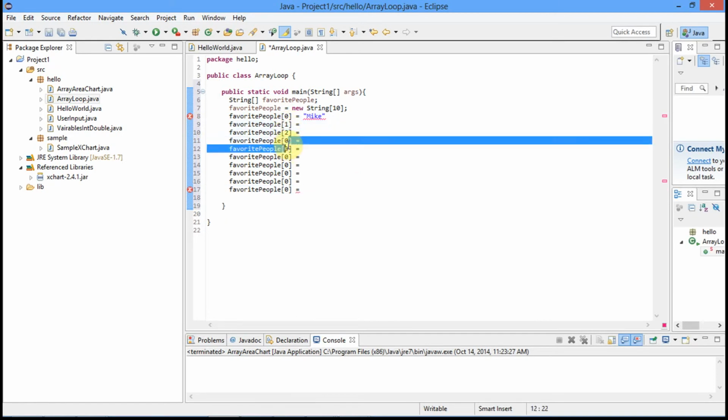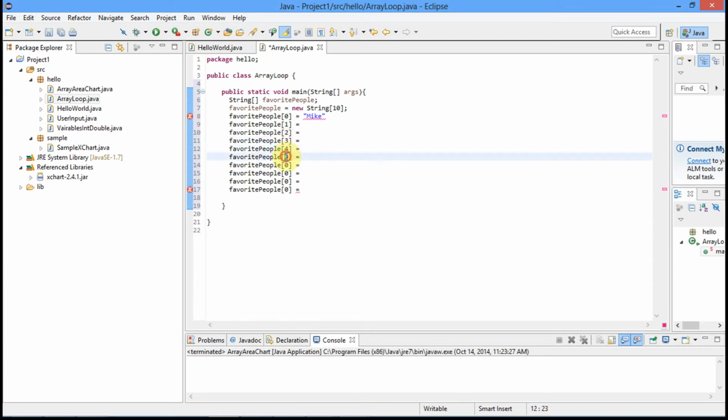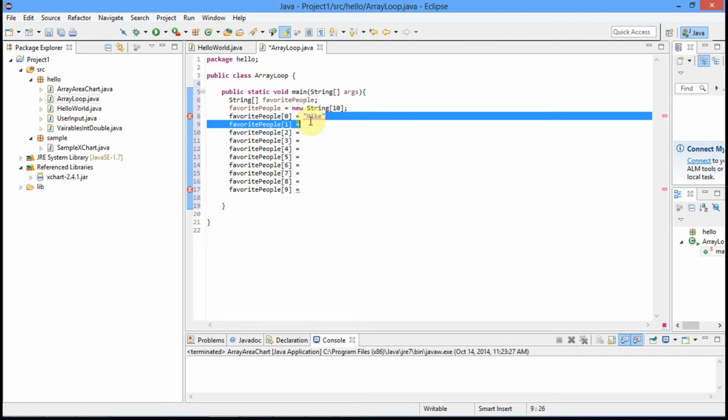Now, would you ever do this like this? Would you ever actually load these into a list like this? Absolutely not. You would never do this, except the one time that you're learning. Otherwise, we'd use that list constructor, right? Okay. My favorite people is